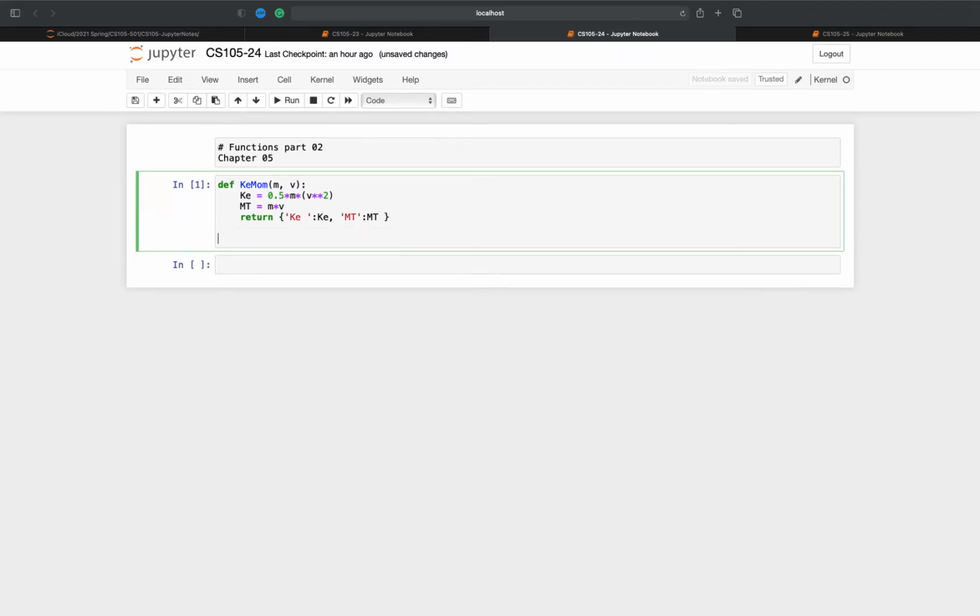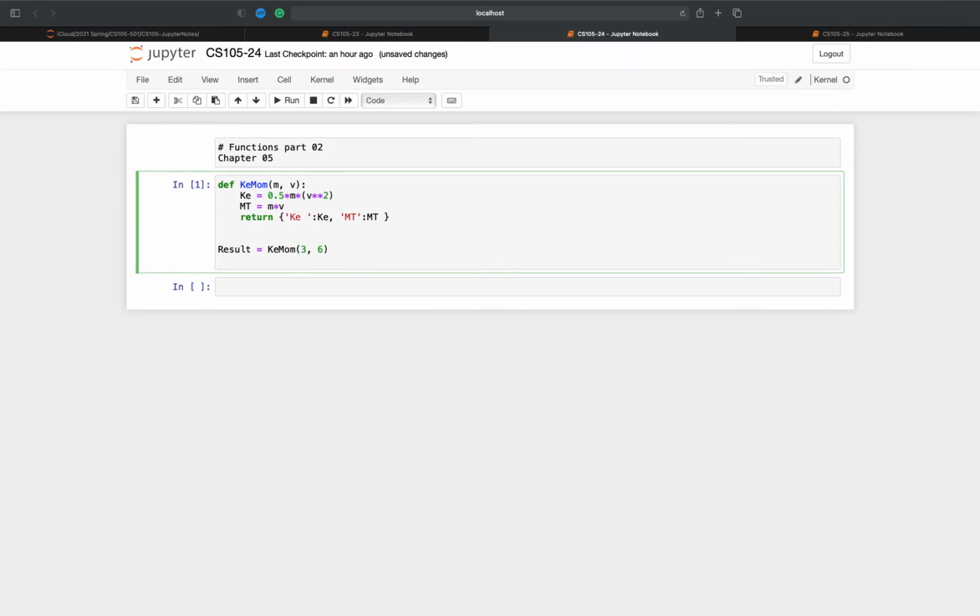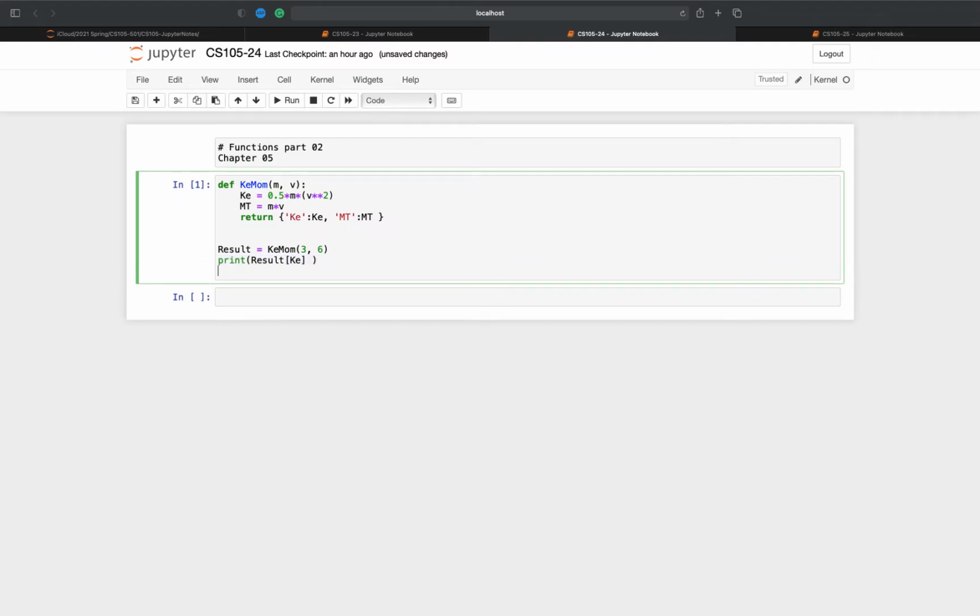So return, and now I want to say result is equal to kinetic movement 3 and 6, for example, and I'm going to say print the result that belongs to, actually this one, I should not have a space after that, KE,